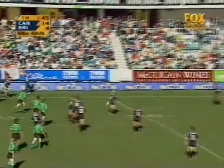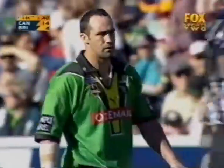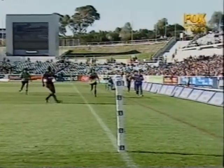Fire it to Croker, who gets the kick away and bounces high over the head of Wendell Saylor, to keep the ball in play, Big Wendell, and keep it alive. And just 90 seconds left on the clock here. They'll use up some time setting the scrum, and then the Raiders should only have 6 more tackles to